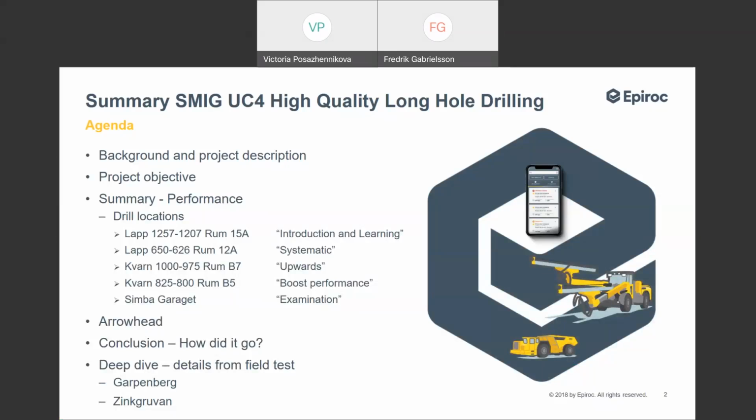In today's presentation, we will look at the background and the project description. We will also look at the objectives for this project. We have a summary for performance, and to give you some insight into how the field test was conducted, we